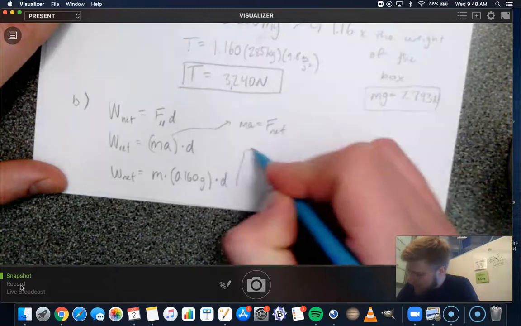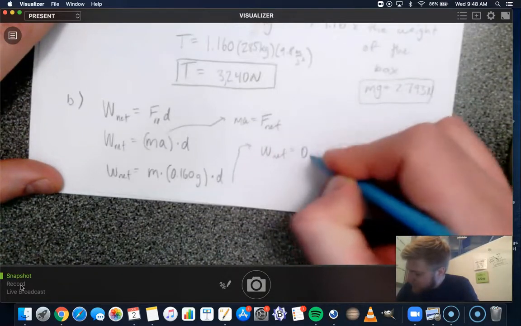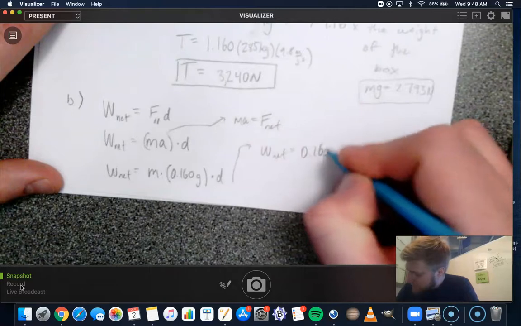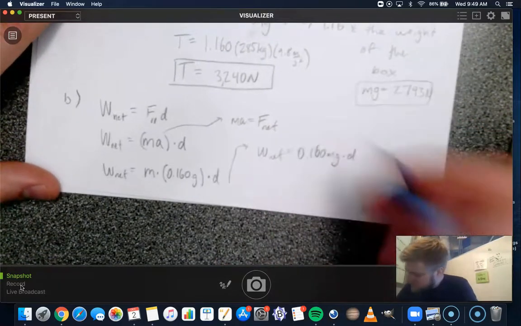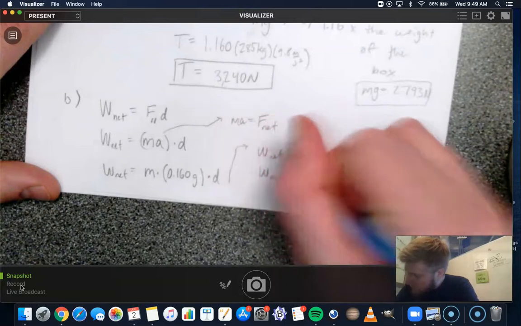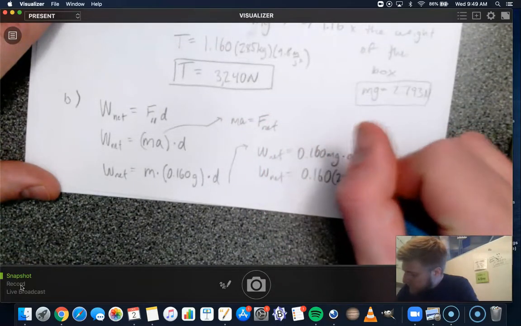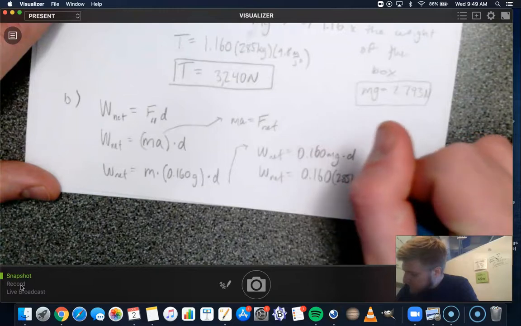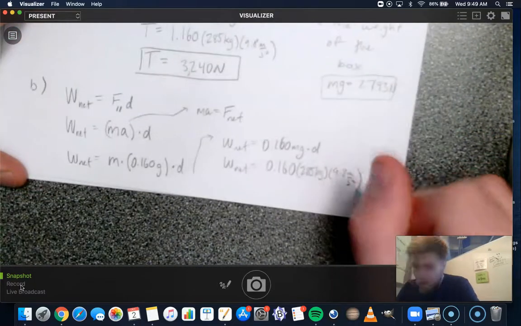I apologize for running out of room here. So the net work is 0.16 mg times d. Let's plug everything in and let's get an answer. So net work is 0.160 times 285 kilograms times 9.8 meters per second squared, all times